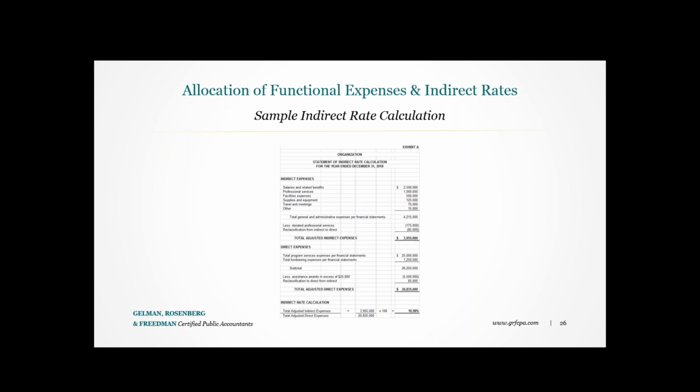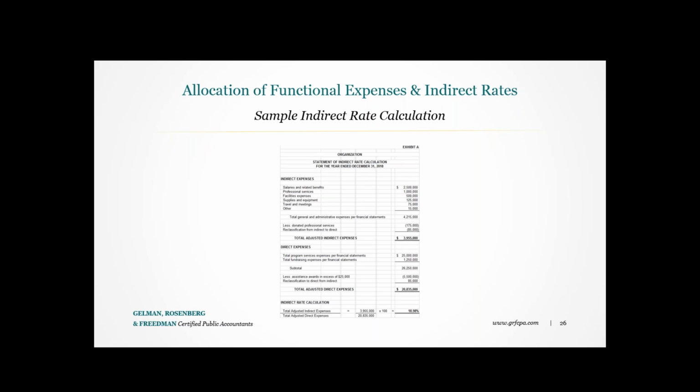You could look at this and say, well, the total administrative costs over program and fundraising could be 16.06%, if you don't take out those reconciling items. You could take total administration over total expenses without the reconciling items and get to 13.84. You could also get to 16.86 if you put the administrative costs over total program costs. There's a variety of different ways to look at this, but in the end, how we communicate this rate to the public through our financial statements and through other means is important.